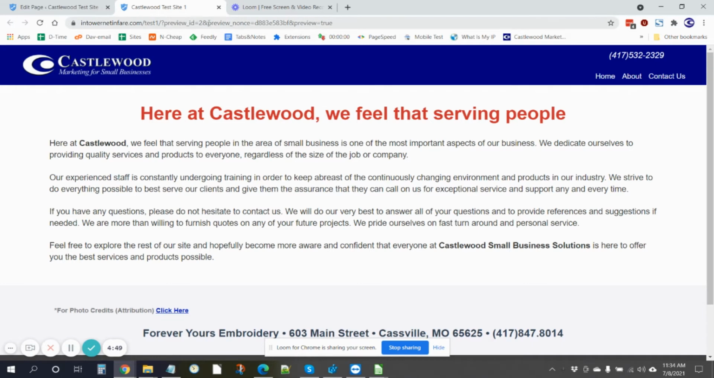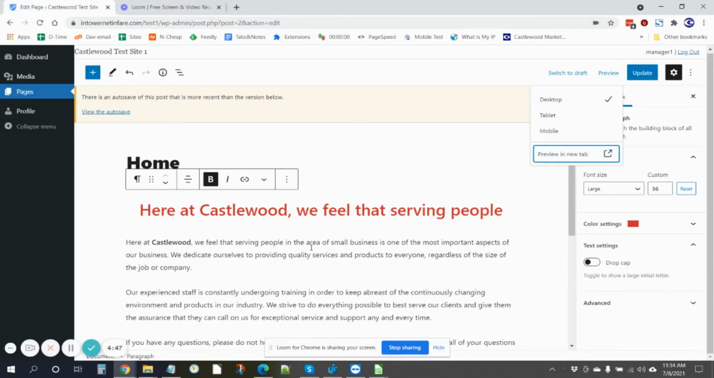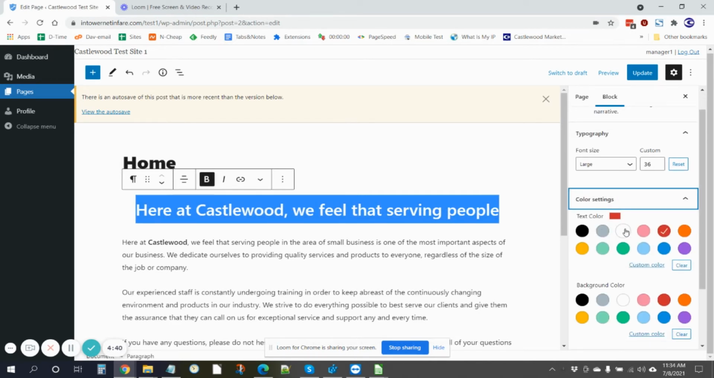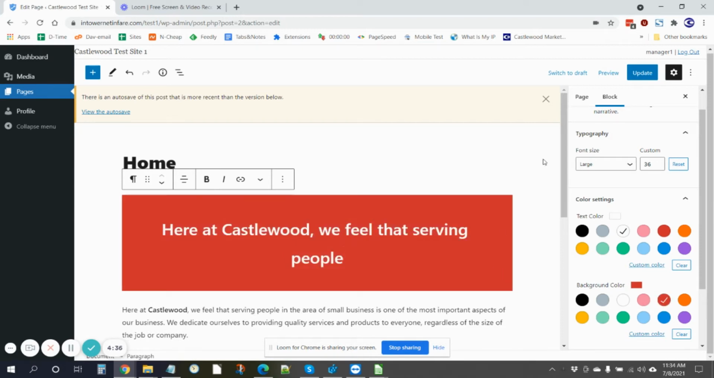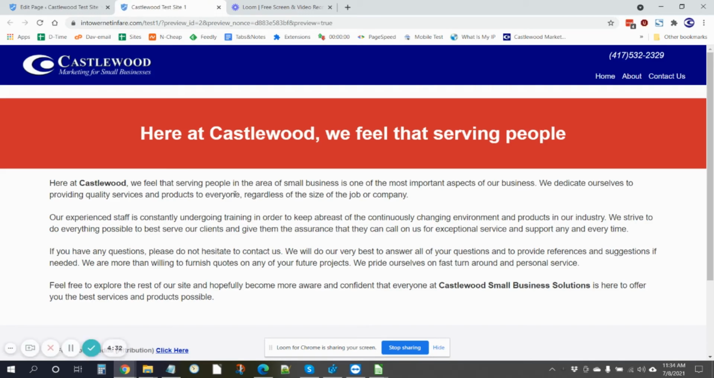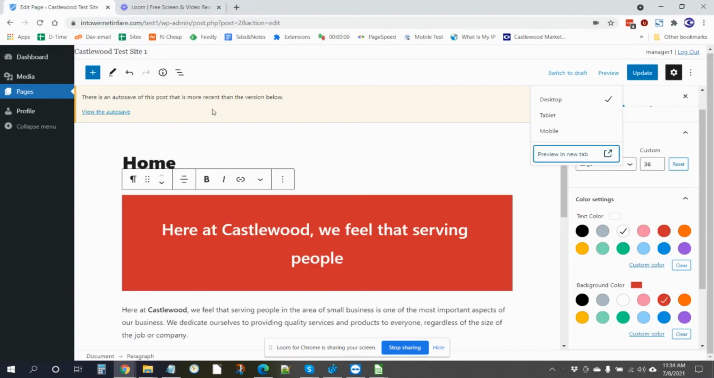But I want to show you one last thing with that is I could take this and let's say make the text white, but I have the option to make the background red. And then we'll preview it, let you see what that looks like. And it's a little large for my taste, so I just wanted, this might be a little bit advanced, but